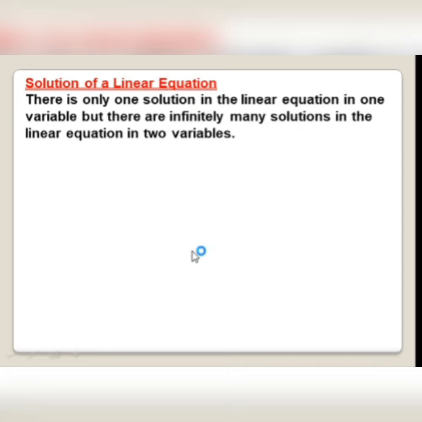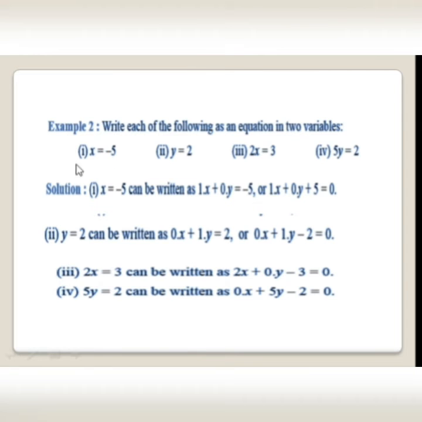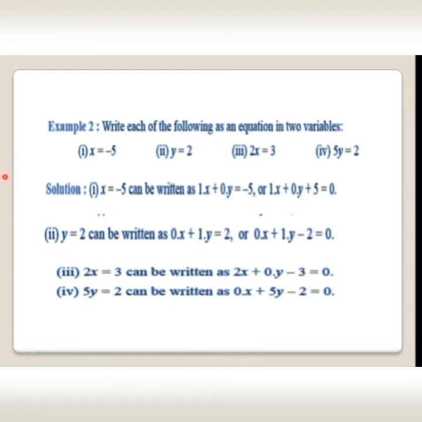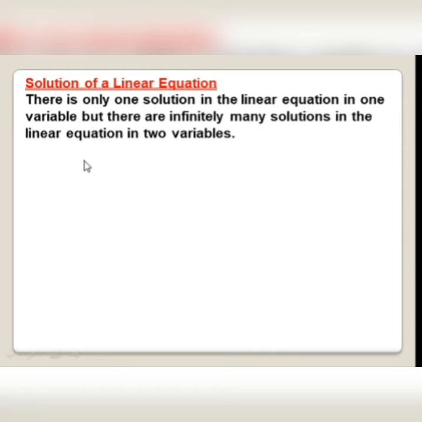What does it mean? Let's go to the previous slide again. See, x equals to minus 5. This x equals to minus 5 is my value of x. That is the solution only, the answer only. But if we go to the next slide, they are saying that in a linear equation in one variable we will have one solution, but when two variables are there, we will have infinitely many solutions. How? Just see. Let ax plus by plus c equals to 0 be a given linear equation in x and y.